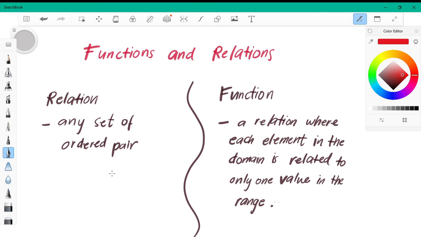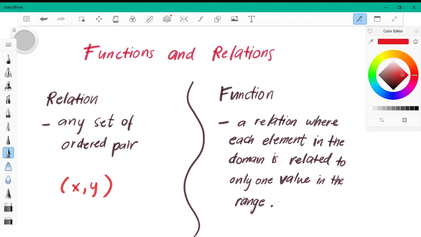Today we will be discussing functions and relations. A relation is any set of ordered pairs. When we say an ordered pair, we have x, y. It is said that the set of all first coordinates is called the domain of the relation, and the set of all second coordinates is called the